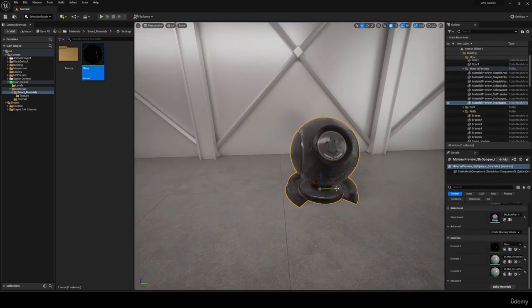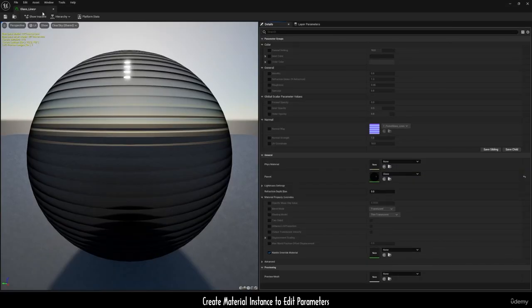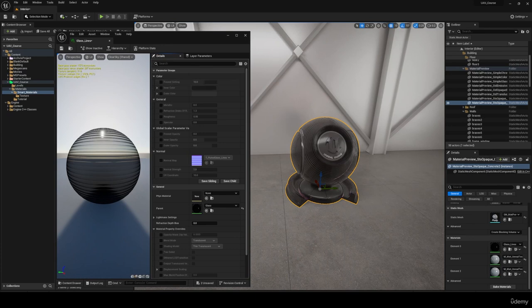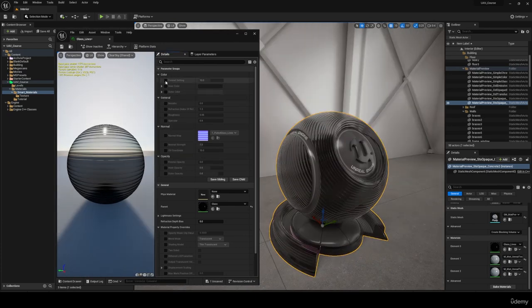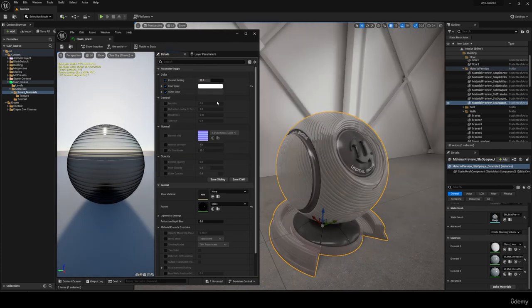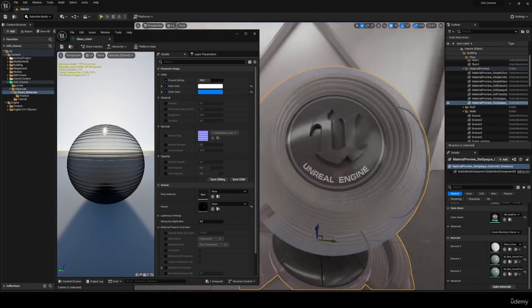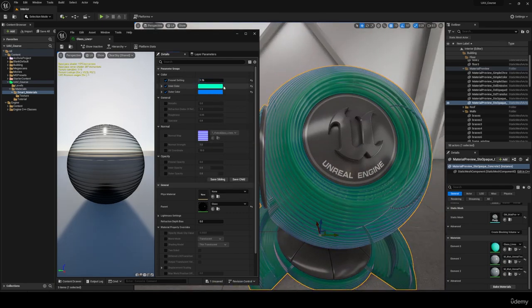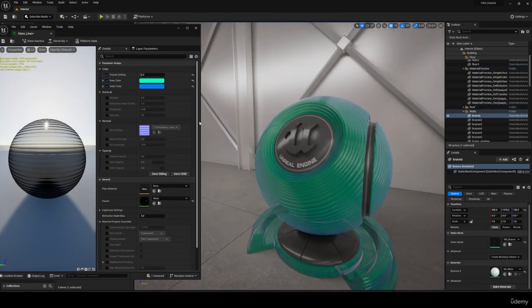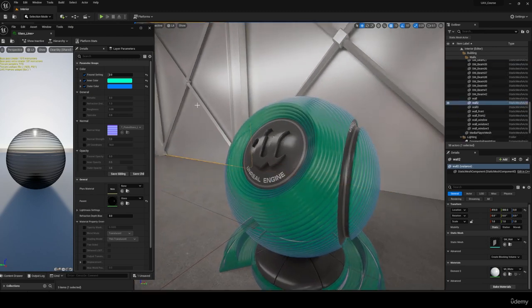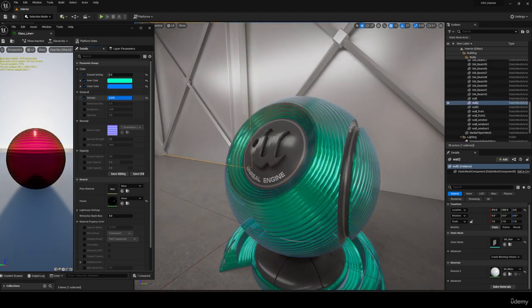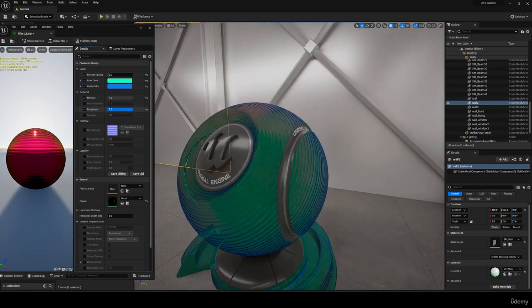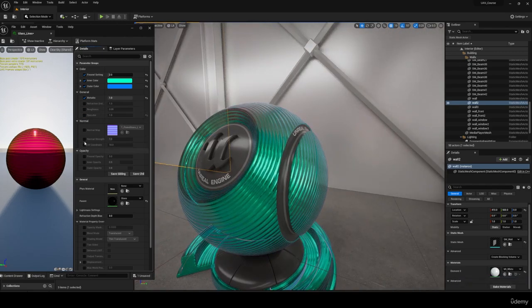Since we dragged our main material, we cannot easily view the parameters. For this, let's create a material instance. Double-click to open it, and see what we can achieve by playing with the parameters. There's a part where I forgot to group our opacity parameters. I will quickly add their groups to my main material. Now, after making sure to drag and drop the material instance, you can see what you can achieve by adjusting